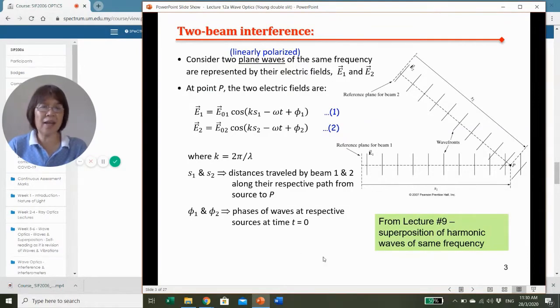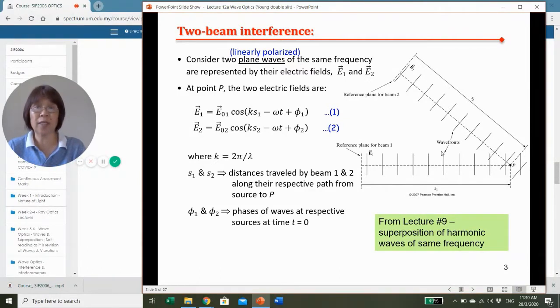Now, this slide is similar to slide number 9, when we were talking about superposition of harmonic waves of the same frequency. So let's recap quickly. We have two waves coming in along this direction and this direction. This is drawn exaggerated. This angle here is quite small. If you remember, we said previously that the cross beam angle must be very small in order for us